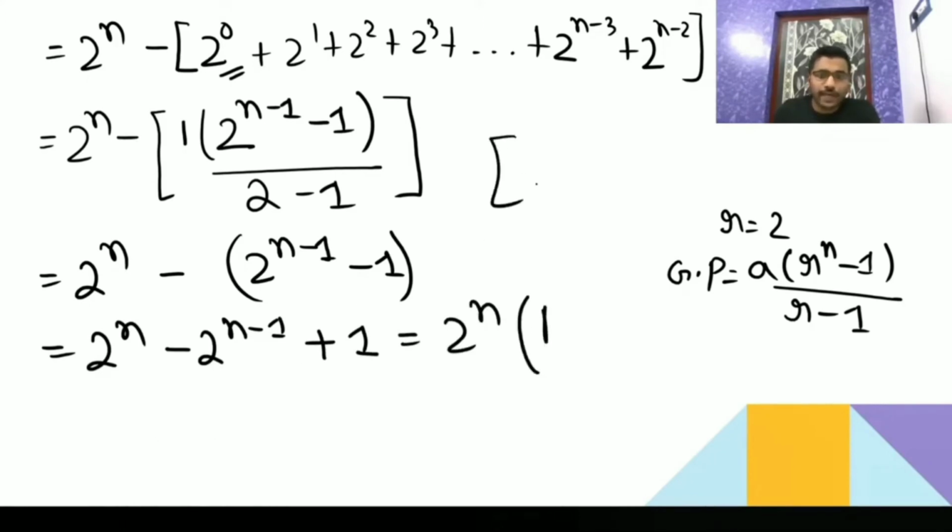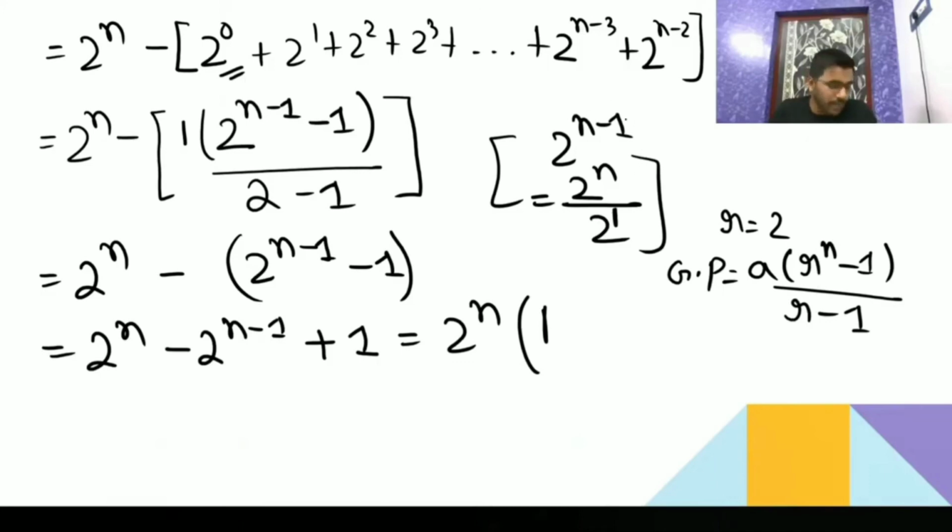So you can write 2 to the power n minus 1 is equal to 2 to the power n by 2. Since I have taken 2 to the power n as common, you are going to get here 1 by 2. So 2 to the power n minus 1 is equal to 2 to the power n divided by 2. Since it is divide, it will go in subtraction in the power. So minus 1 by 2. These things are the part of math. I hope that you know these things.